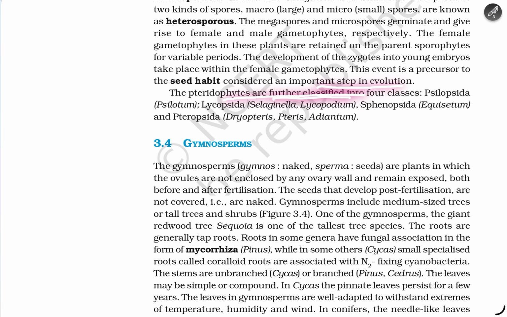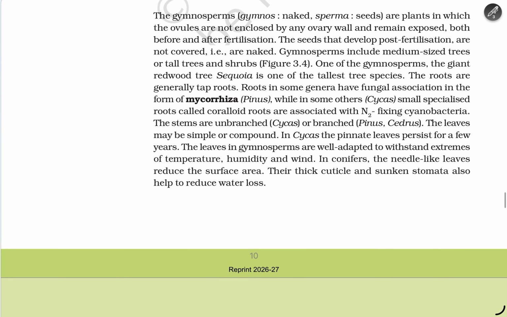The pteridophytes are further classified into four classes: Psilopsida, for example Psilotum; Lycopsida, Selaginella and Lycopodium; Sphenopsida, Equisetum; and Pteropsida, Dryopteris, Pteris and Adiantum. Gymnosperms. Gymno means naked, sperma means seeds, are the plants in which the